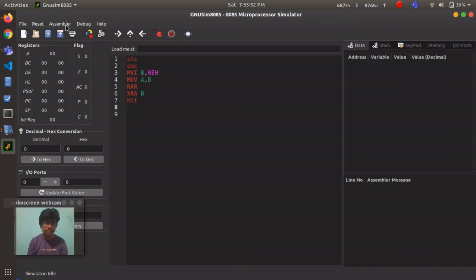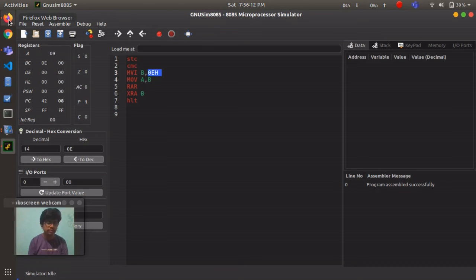Let's run this. We have the binary number 0E, which is 14 in decimal, and the gray code of it is stored in the accumulator, which is 09.